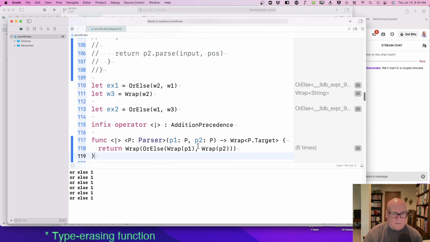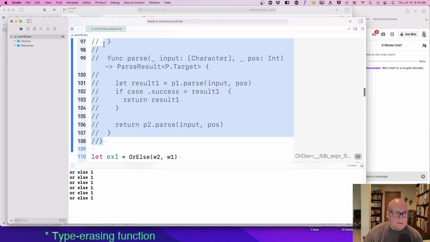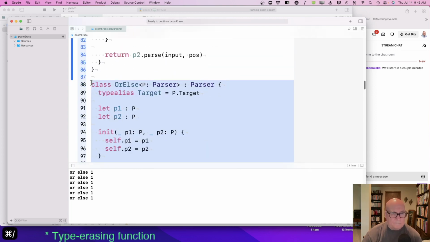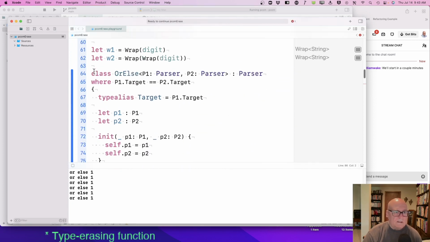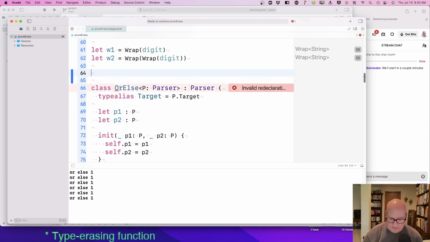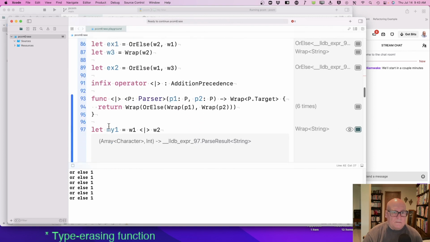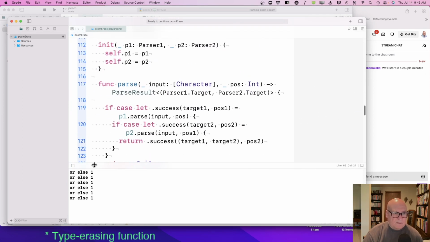Okay, wrap. I'm going to take off. Let's put this function back. Let's take this one out, because I think it boils down to the same thing, where P1 is P1, P1 is P2. Okay. Now this, let's peel off what we can. This should run.